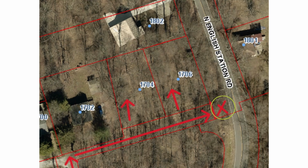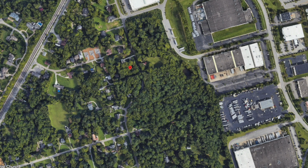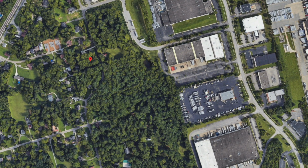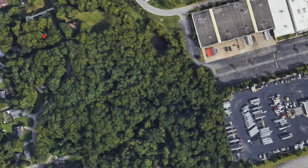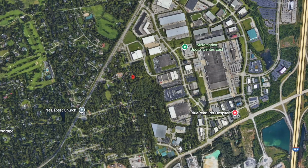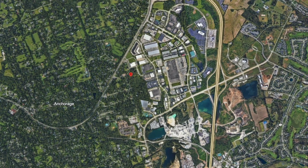And then we're gonna look at kind of like the eagle eye view. So we'll start in what looks like a lot of trees, and we do have a lot of trees here. So as you go up, you can see what I'm talking about. It's just outside of Anchorage and just before 265. But you can easily see it's highway access,